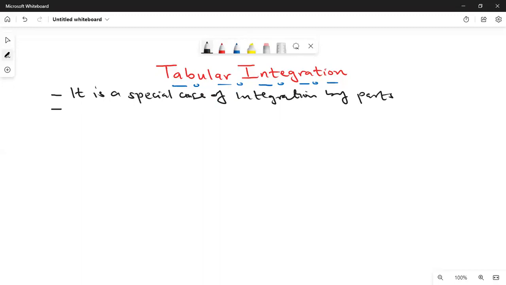Remember integration by parts, this rule that we always use. And when it comes to tabular integration, we are going to use it when the function u is a polynomial and dv is either a trigonometric or exponential function. So we can write that it is used